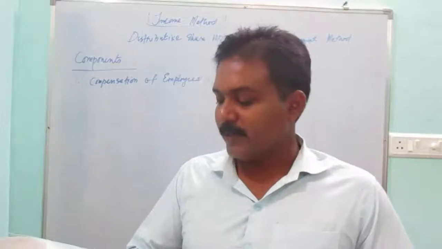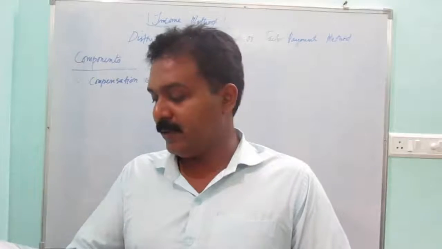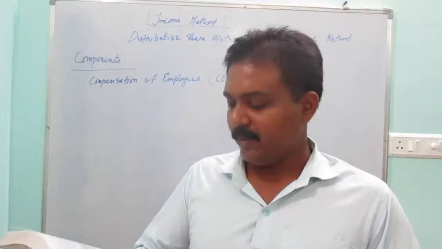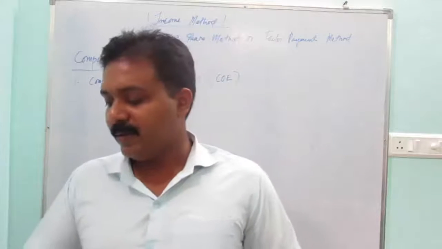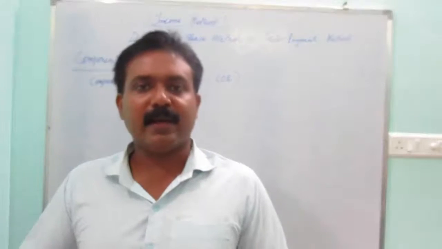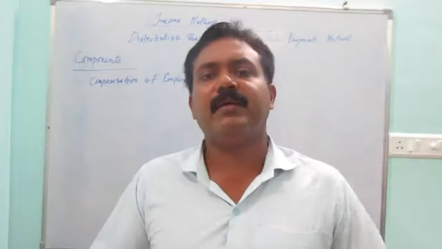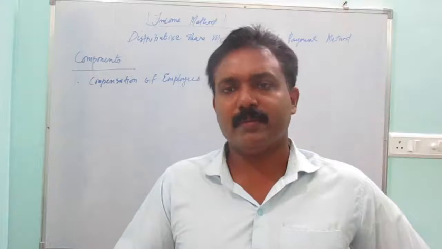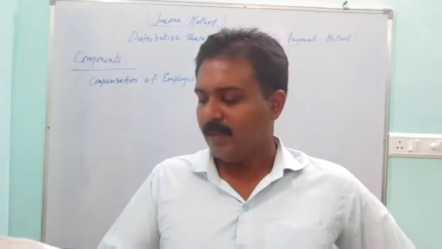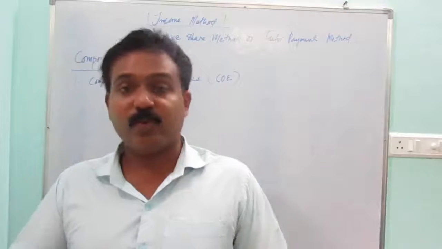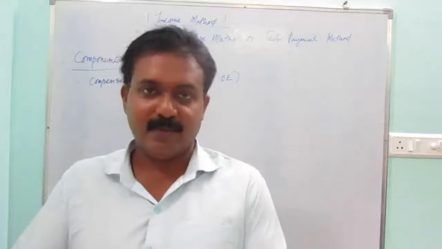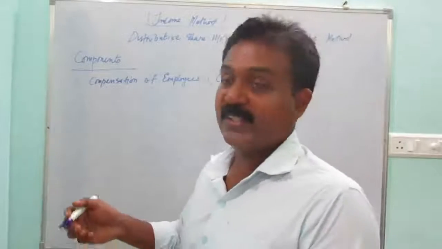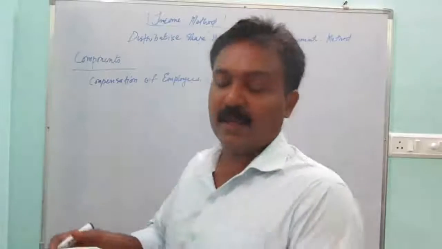So for my factor services, I am paid salary and other benefits like a stay here. That is received directly, and other help indirectly, whatever is possible the school does for every employee here. And compensation of employees consists of three elements. When we divide this compensation of employees, COE, there are three elements in it.